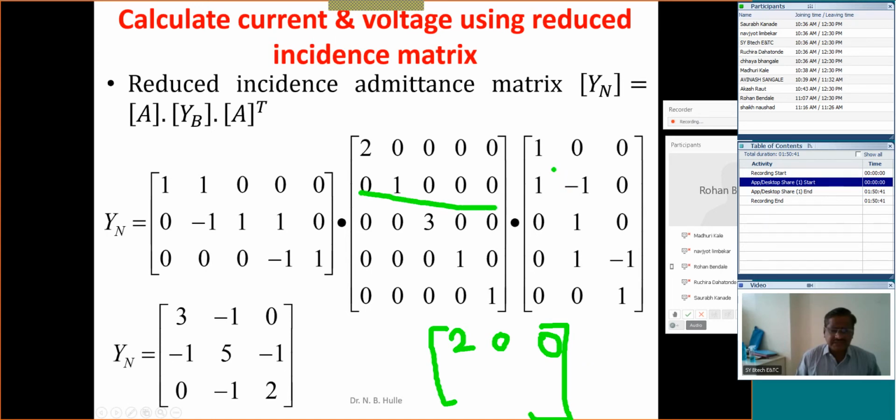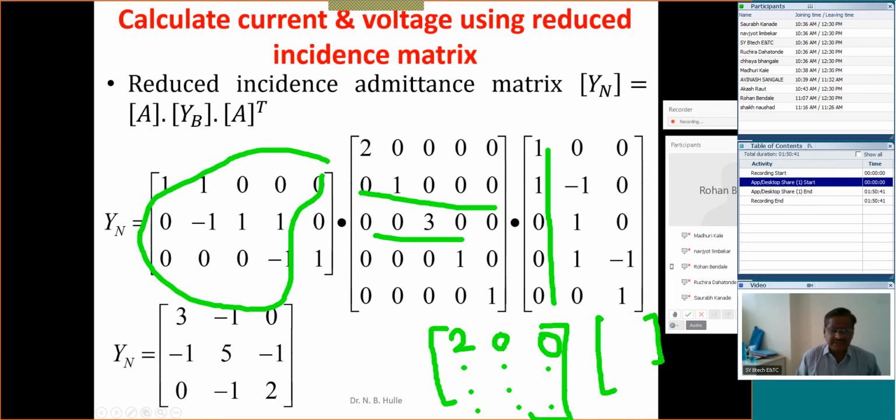Then we have the second row and this first column. That entry will be here. This third row and first column, second column, third column, those entries will be here. And then fourth row and this multiplication, that entry will be here. And finally, its multiplication with this entry will be here. Yes, we will get one matrix here. Is it right? In that particular case, now we will multiply this matrix with this matrix. Whatever the matrix we will get here, the multiplication of these two, that matrix we will multiply with this matrix. Is it right? And when we will carry out that particular multiplication, we will get finally this